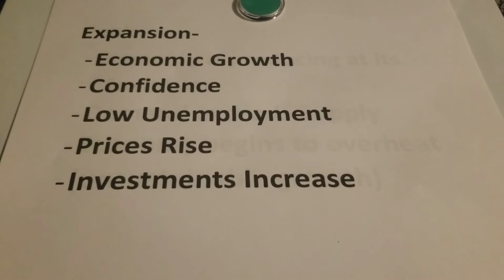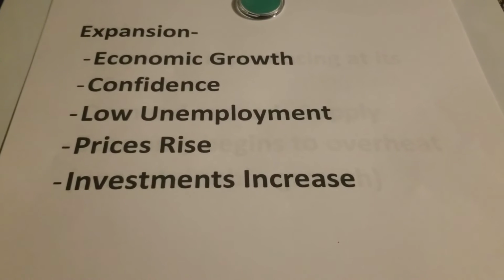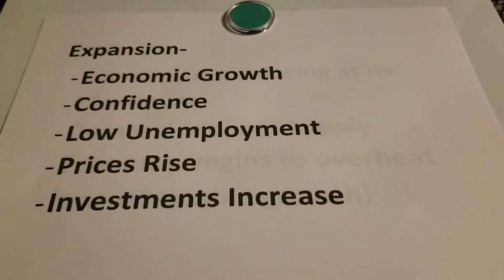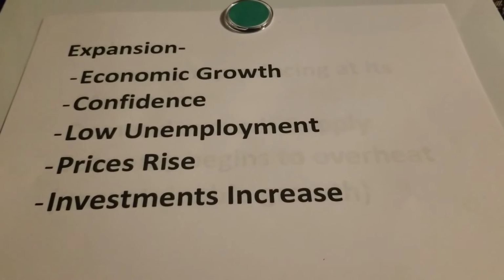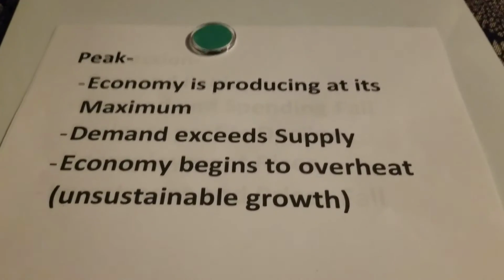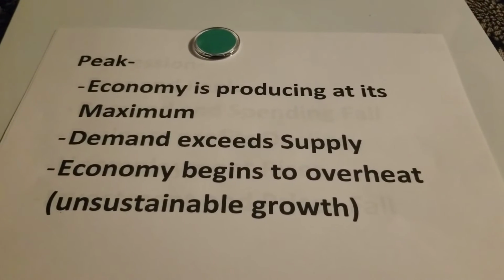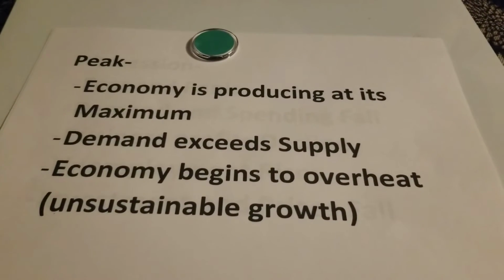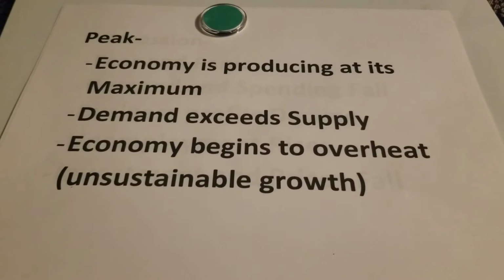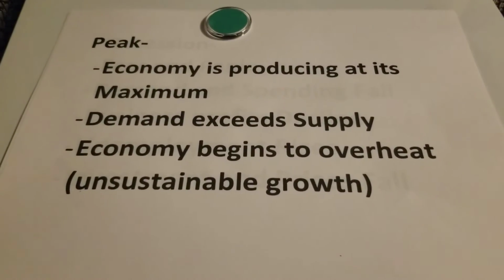Furthermore, investment is also high and property and stock market prices begin to rise. Overall, inflationary pressures are upwards and prices begin to rise. A peak is realized when an economy is producing at its maximum allowed output. This is where demand is exceeding supply and the economy begins to overexpand, with only one place to go,